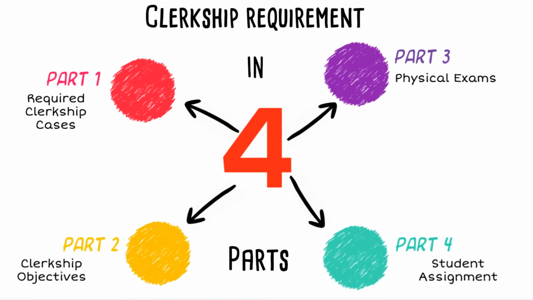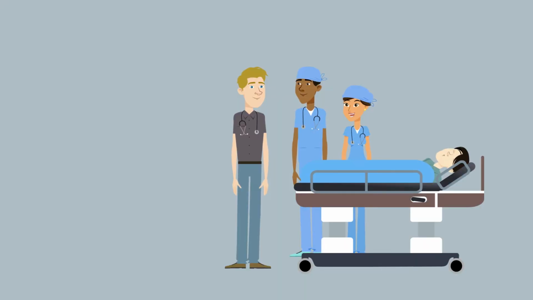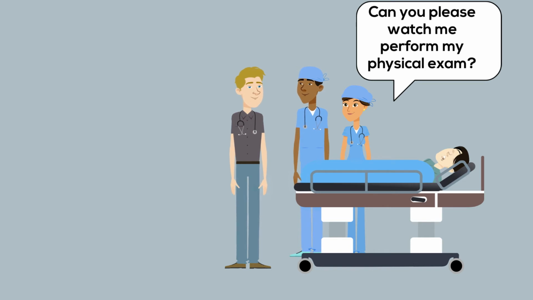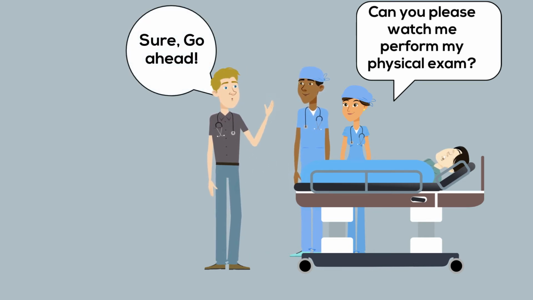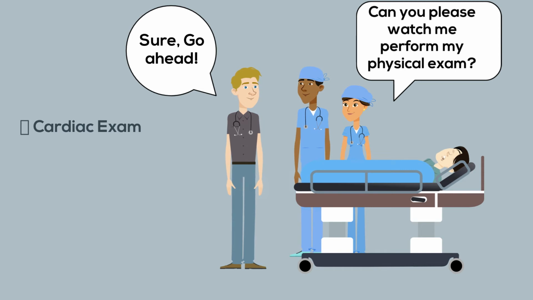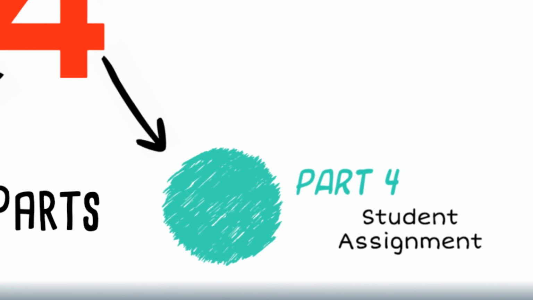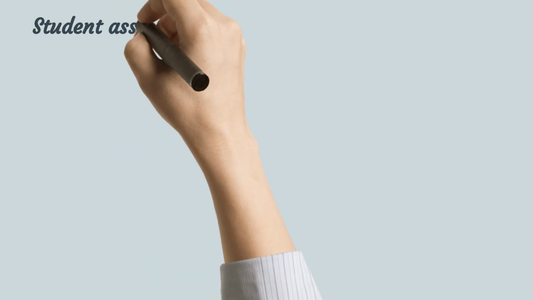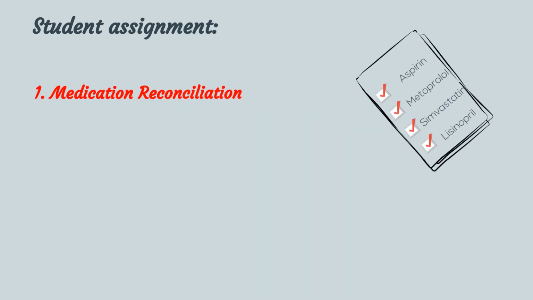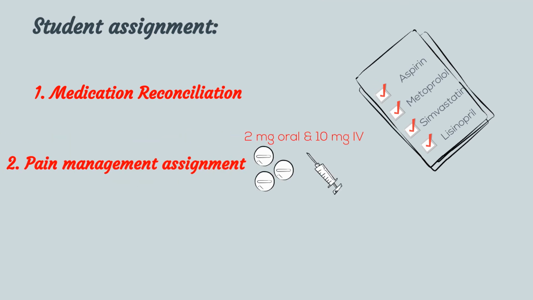Part 3 of clerkship requirements is physical examination. Students should ask their attending/resident to observe them perform the following exams: full cardiac exam, pulmonary exam, and abdominal exam. The fourth part is the student assignment. The list of the assignments students have to do during their internal medicine clerkship include medication reconciliation, pain management assignment,